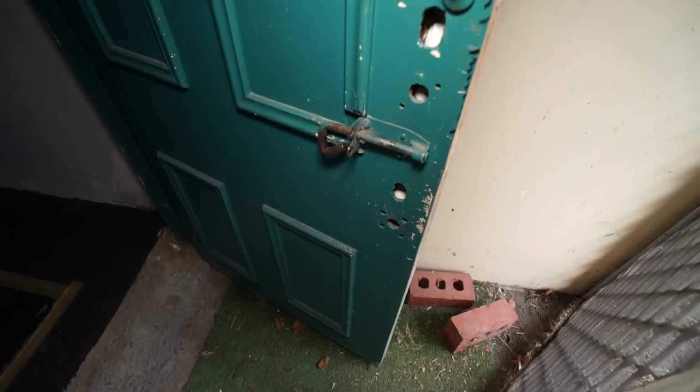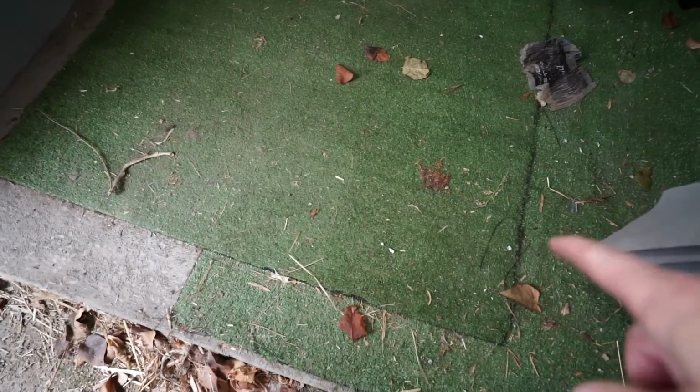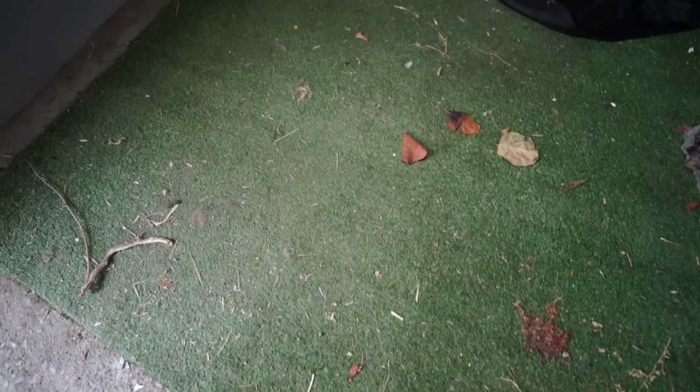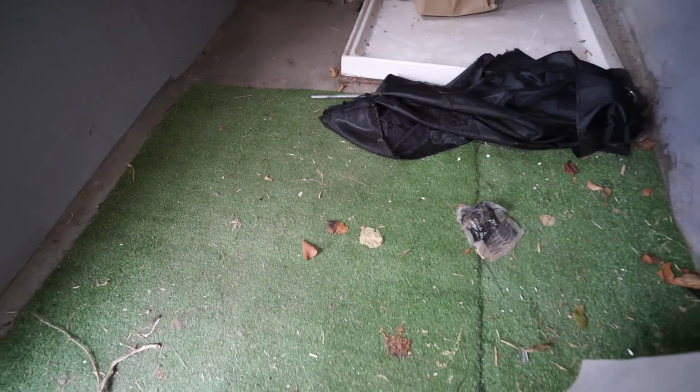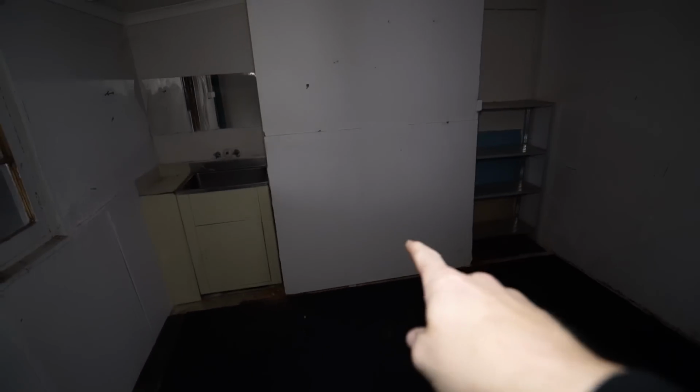The original old door. And that is actually that synthetic grass, like the putt-putt courses are decked out with. Alright. So this is the original kitchen area, even though they have closed off the fireplace. The old stove would have been an old cooker in there. Maybe it's still in there, we don't know, but